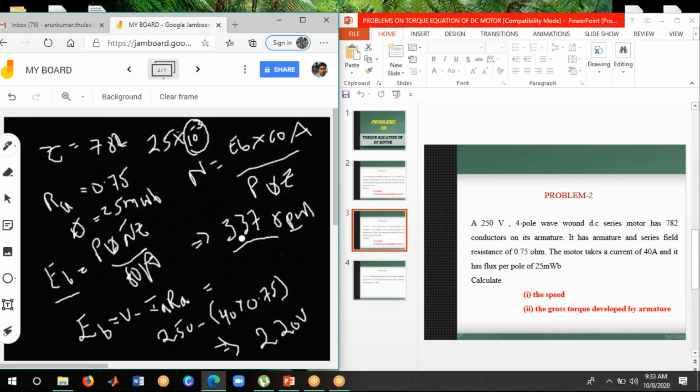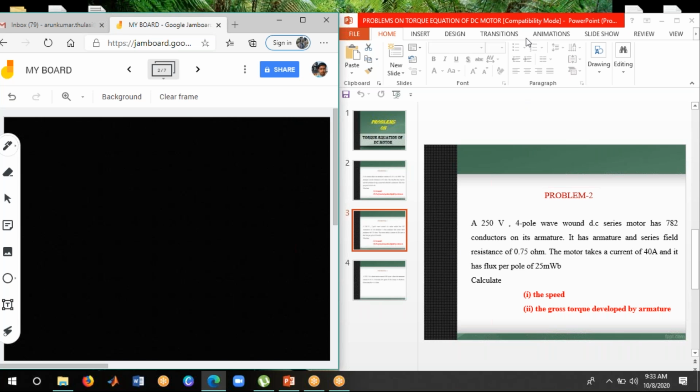Have you all got this answer? Now we are going to find the armature torque. Sometimes we call it the gross torque available on the armature, so don't get confused. Now the armature torque is given by